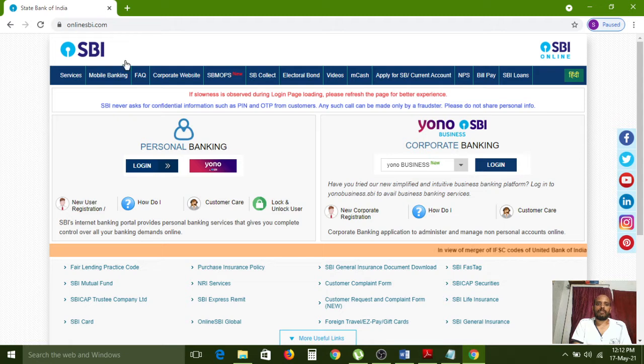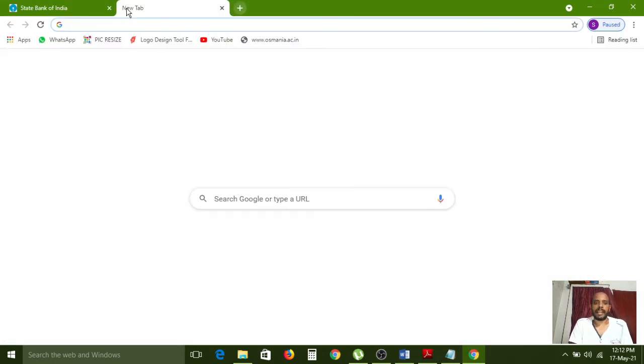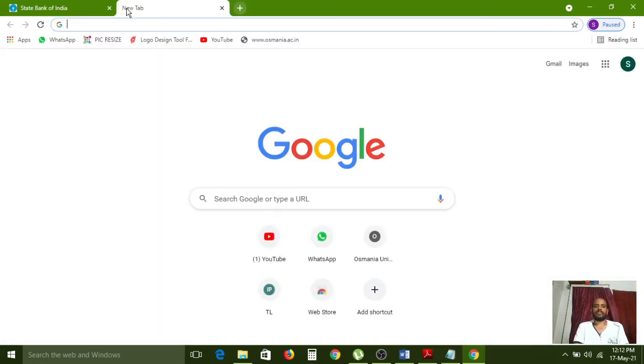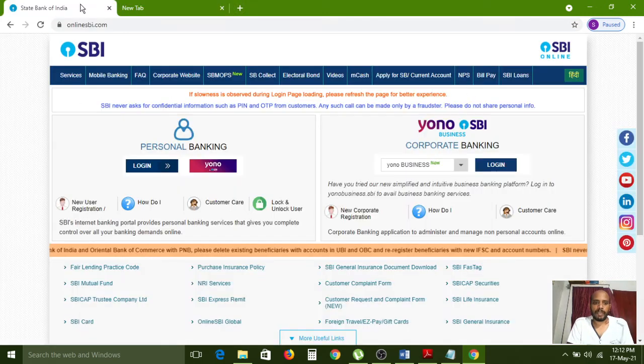This is not a pure white color, and this is the white color. The plain window is showing pure white color, but the SBI website is showing something else. It is not a pure white color. It has some plain, light color applied for the background, and this is also one of the formal colors to use for the background.